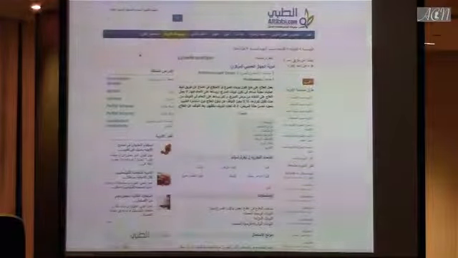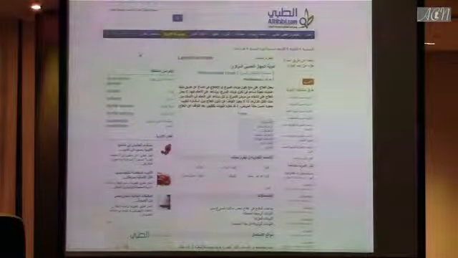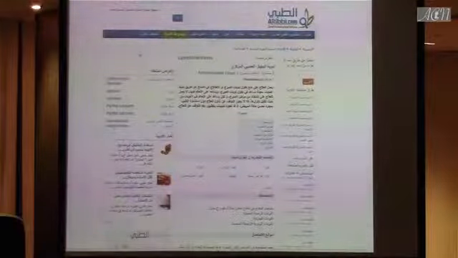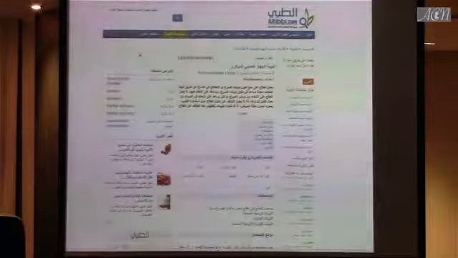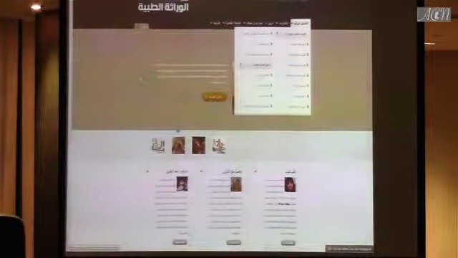Just print it out and tell the family this is the camera, you can use it, and this is what you expect for a side effect from the camera. We are not really doing defensive medicine, but a lot of the time you need to cover yourself also. Now, this is another website in Arabic called Al-Wiratha Al-Tibbiyya,